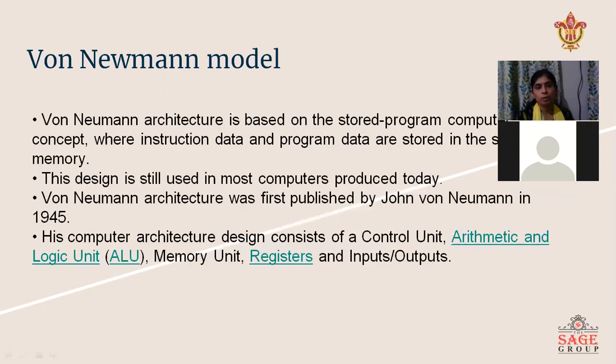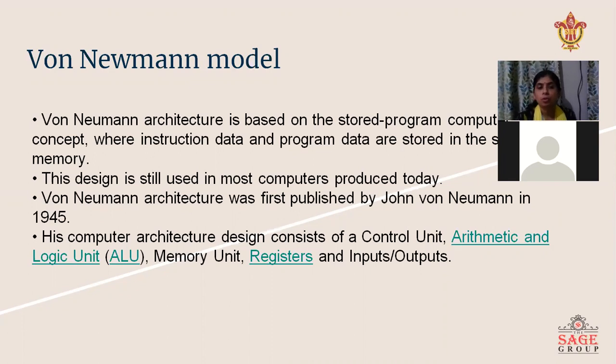If you look at the history of this model, this architecture was invented by the scientist John von Neumann. That's why the name von Neumann model is given. Another name of this model is the Princeton model, after the place where it was invented, the university, the Institute for Advanced Study. That's why it is named IAS Princeton or von Neumann.